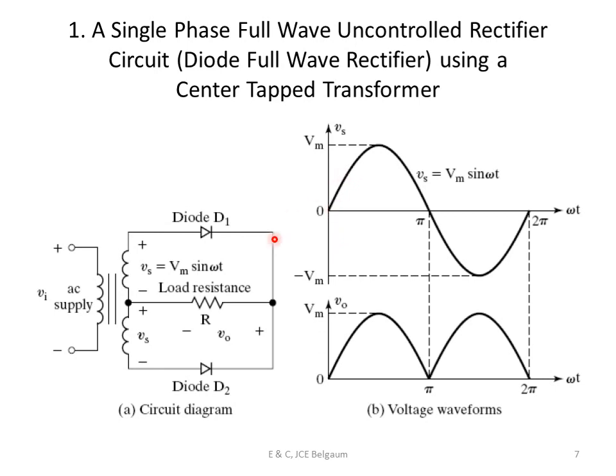So whatever is at the input, at the same time, if this is the supply voltage and this is the load, when this diode is turned on, this positive gets connected here and this minus gets connected here. So whatever is at the input, because the diode is on, it will come across the resistor. So this is the output waveform that we are drawing across R. This positive wave is at the input, so because D1 conducts, the same voltage will come at the output. And this circuit will remain open.